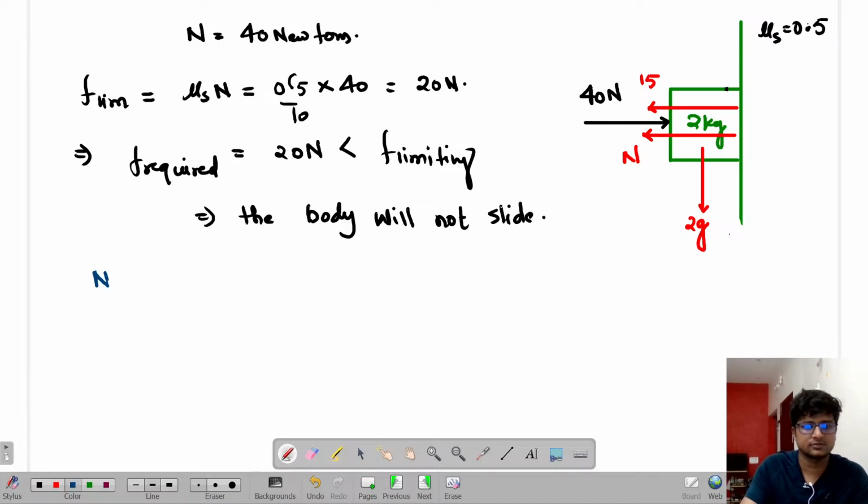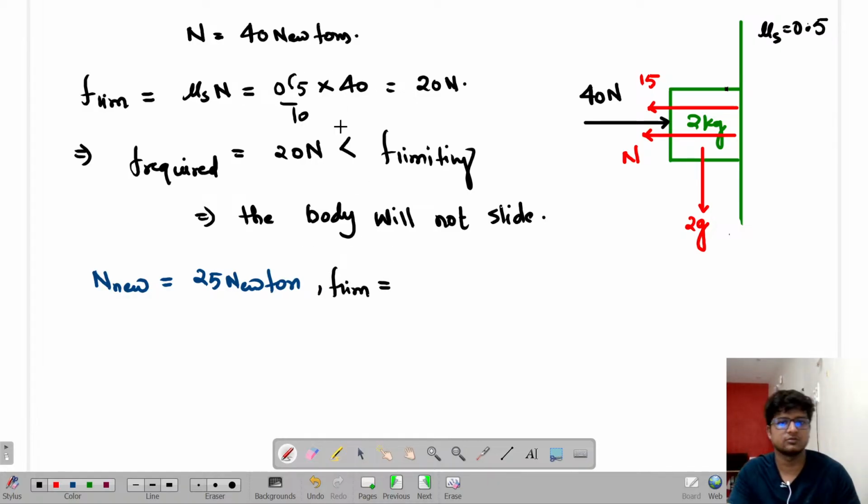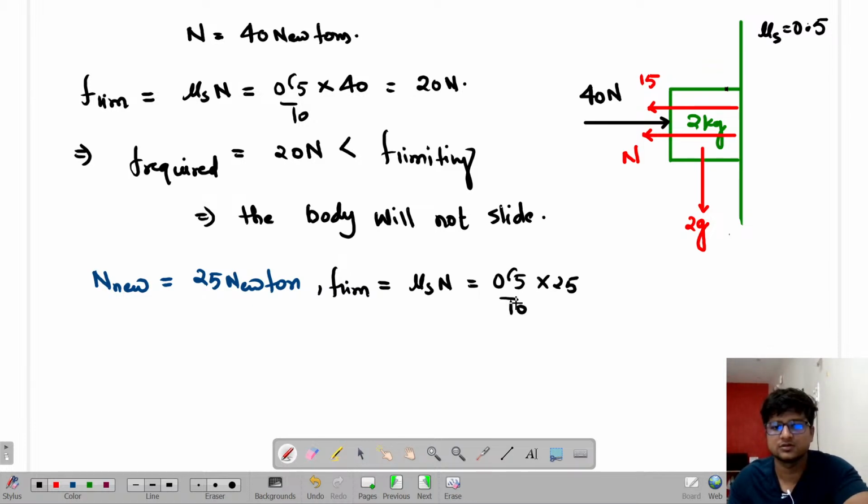My new normal will be how much? 40 minus 15. How much is that? 25. Correct. And then F limiting new will be how much? Mu s into N. Mu s is given 0.5 into 25. So this is how much? 12.5. Now the body will slide or not. So therefore,